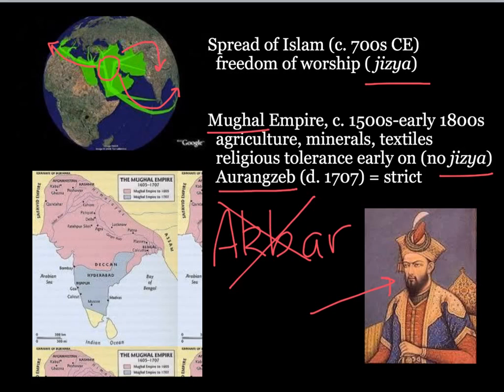To make matters worse, Aurangzeb wanted to conquer all of the Indian subcontinent. So as you guys can see here on the map, he starts to really move his southern border. The problem is there are Hindu rulers who still live in the south, and they fight back against this expansion. While ultimately we would say the Mughal Empire was successful in expanding their territory, it came at a really big